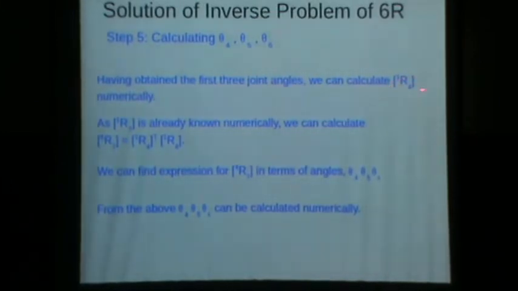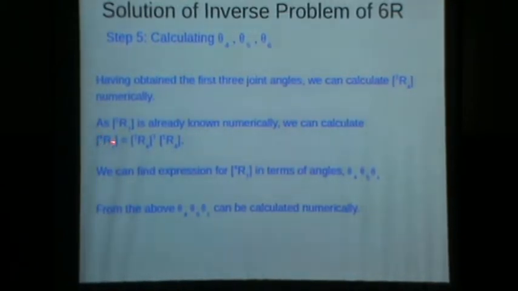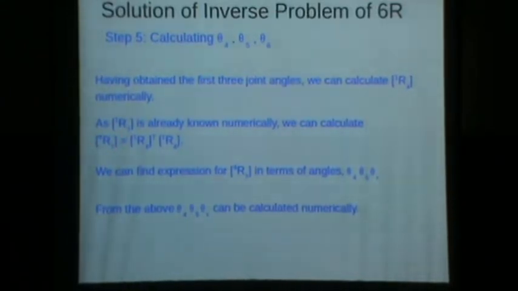If you are able to have numerical values for this rotation matrix 4 with respect to 1, which is made up of multiplying 3 rotation matrices, one more. If you are able to have values for this rotation matrix, which is 7 with respect to 4, which comes out of the last 3 rotation matrices, which involve theta 4, theta 5 and theta 6, you can also find expressions for the elements of this rotation matrix in terms of theta 4, theta 5 and theta 6. Now this can be obtained numerically very easily because we already know,